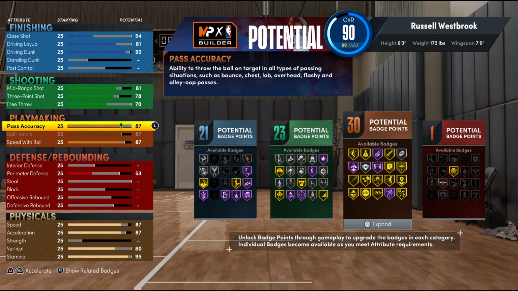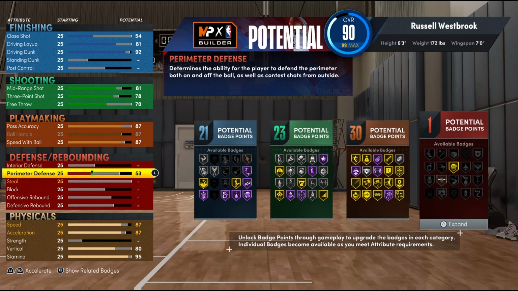Everything else is at gold. Hall of Fame badges being downhill, glue hands, break starter, and triple threat juke. And I believe downhill and triple threat juke play a big part to Russell Westbrook's game, so those two will be clutch. Now, defensively, we decided to go with an 85 perimeter defense because, as I said, in the body settings,